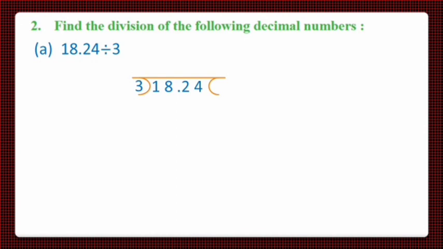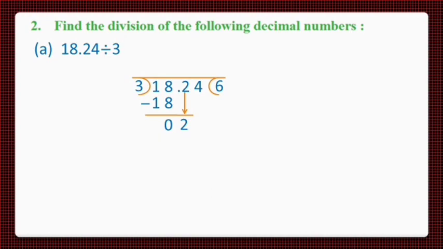First 18 is there, so we'll read the table of 3 up to 18, and as 18 comes on 6, so we'll write 6 on the left side of the house and we'll write 18 under 18. And on subtracting 18 from 18, we'll get 0. Next we'll lower down the digit 2 from top, and as decimal is written before 2, so we'll write decimal point after 6.